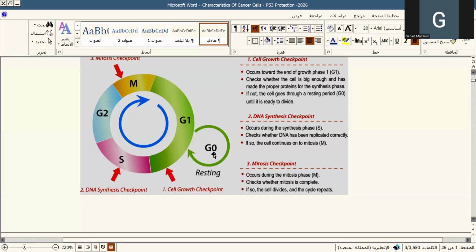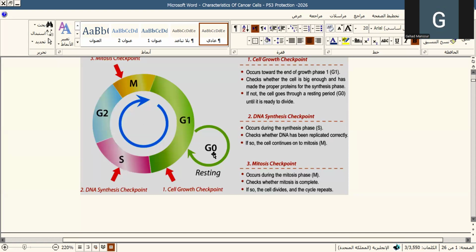Why is the cell triggered to stop? What do we mean by forcing the cell to enter the G0 phase? We mean that the cell is arrested, is forced to arrest. It's not allowed to continue and pursue its journey in the cell cycle. And this resting phase is an attempt on the part of the cell to repair the damage that is present in the cell, be it nuclear damage or